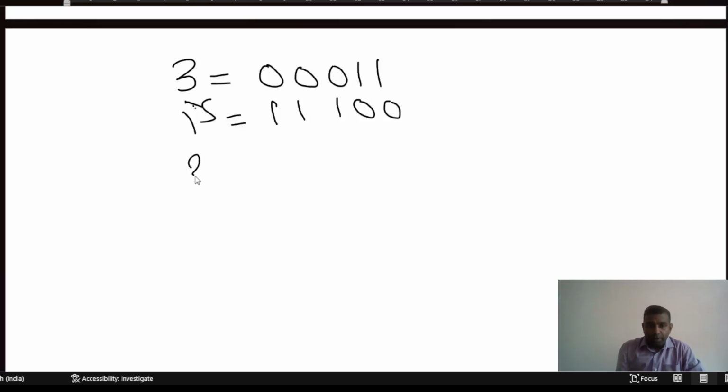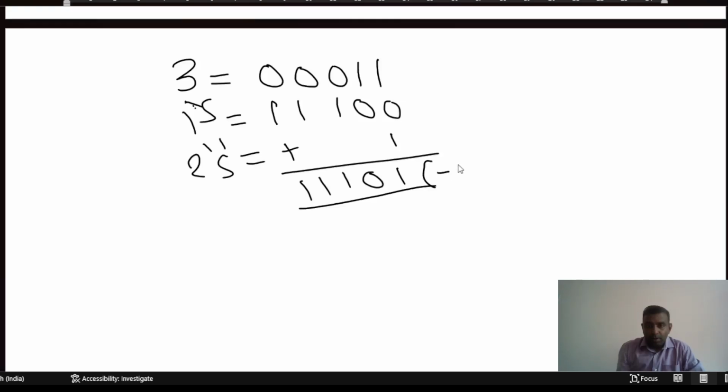And for 2's complement, add just 1 in binary. So what is the result? Triple 1, 0, 1. So this is the representation of minus 3. Okay. Now